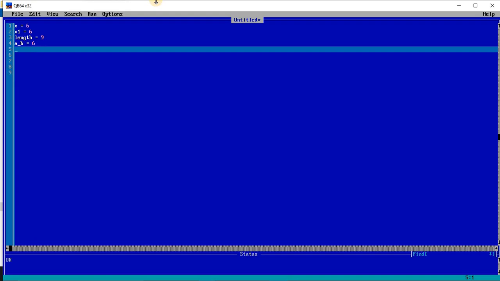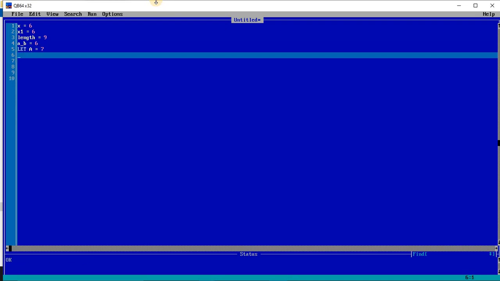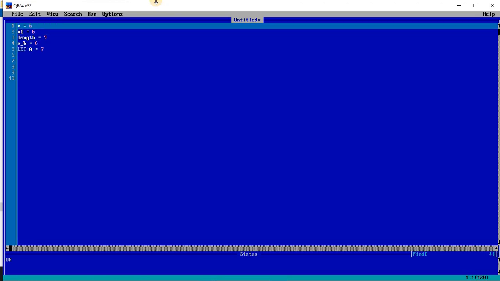Okay, so this is another important part from where you will understand how this thing is being used. Now we are going to learn one more command, the let command. If I write let a is equal to 7, this means the same as what I have done above, x equal to 6 directly written.